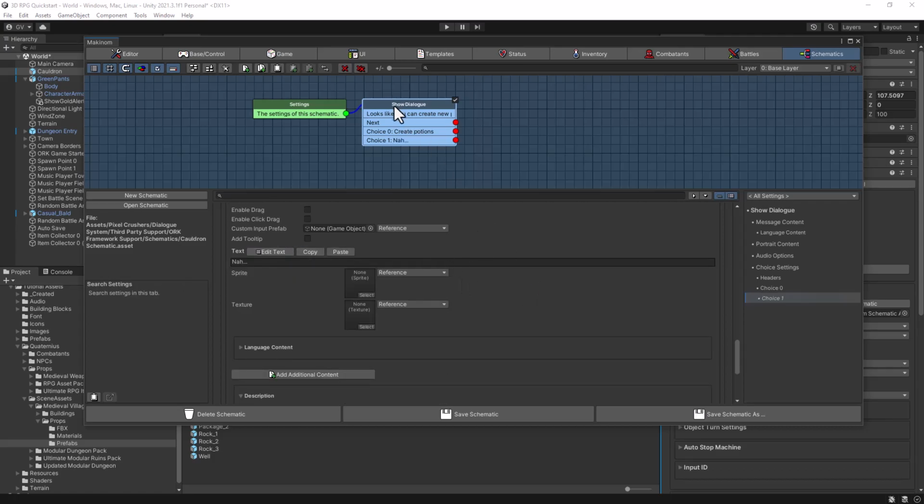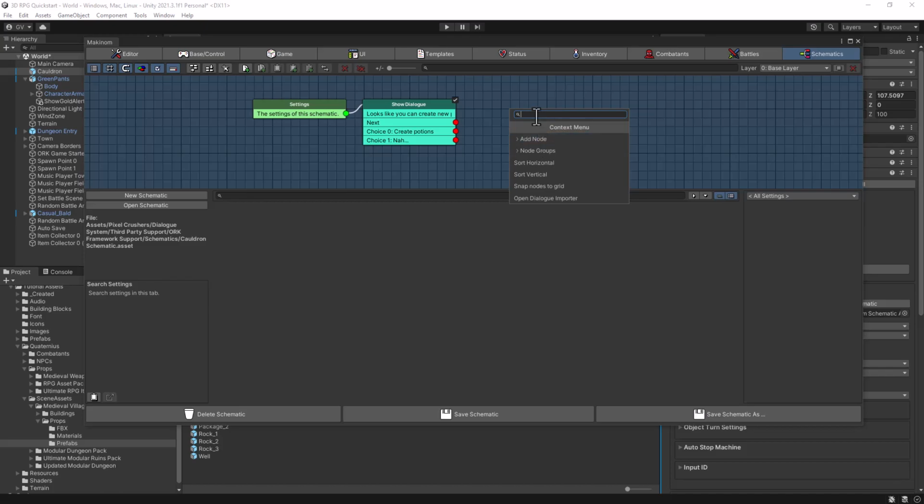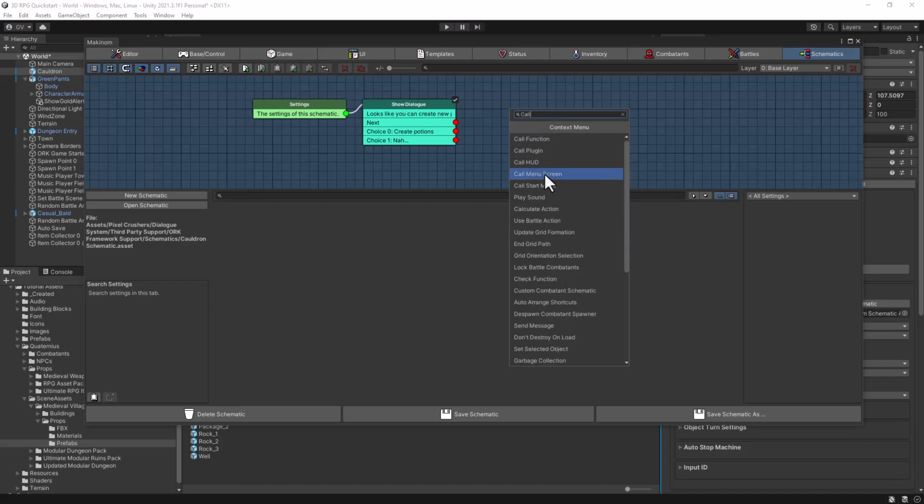There we go. So when we choose create potions, we can actually open a menu window or menu dialog from the UI settings. Yet again, this tutorial does not have the crafting menu set up, so let's just call the inventory menu, something like that. So let's type the call menu screen